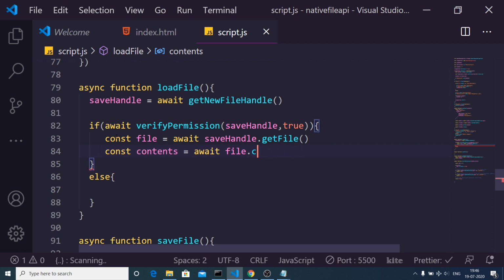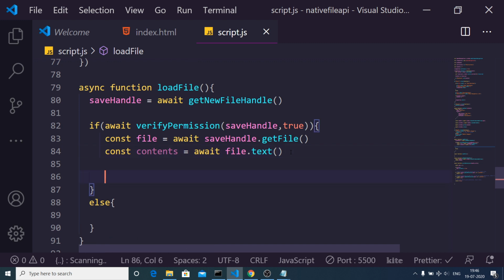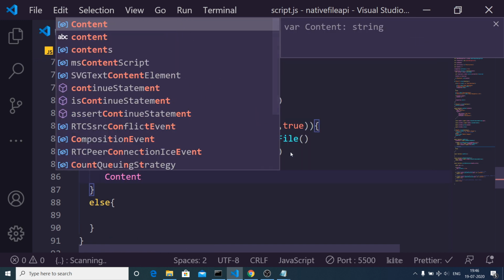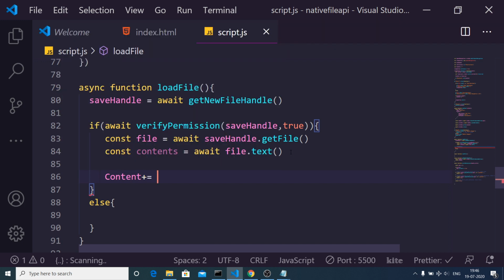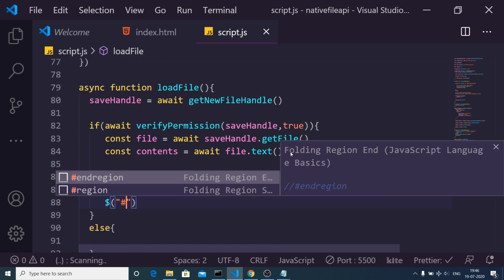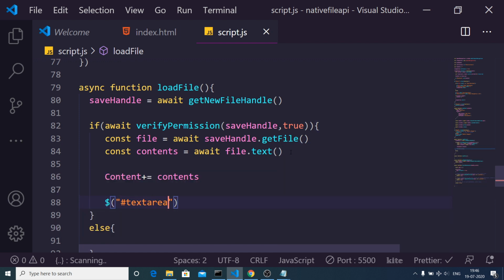Sorry, this needs to be text, guys. File.text. This will get all the text and store it inside the contents variable. And now we can concatenate to the content variable, the global variable which we have declared. Also we can populate the text area by targeting it by the id, textarea.val, which will be equal to contents. That's it.